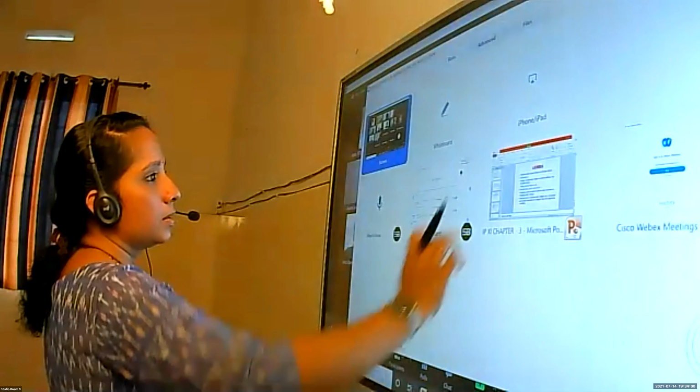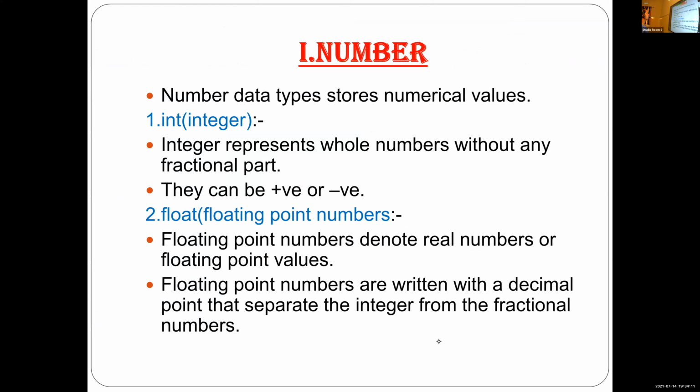So first we are discussing what the number data type is. First write number. The number data type stores numerical values. You know from the name itself, number means numerical values are stored in the number data type.